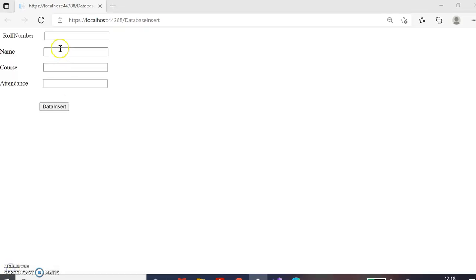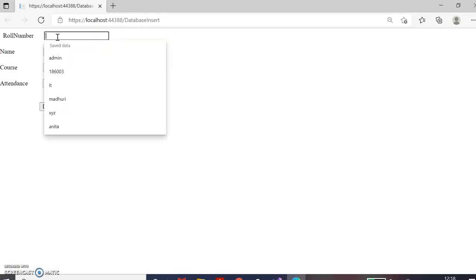Now this web browser will show the output. It takes some time. This is the output. Now we can enter data.